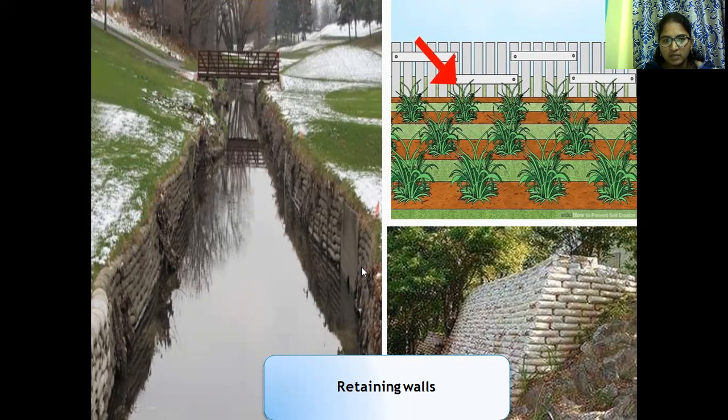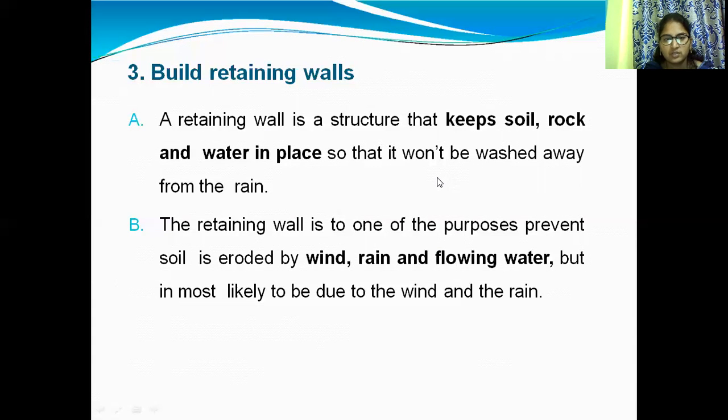A retaining wall is a structure that keeps soil, rock, and water in place so that it won't be washed away by the rain.